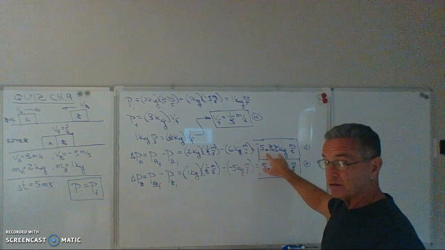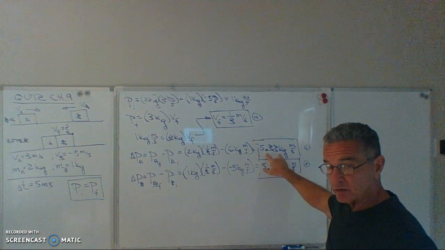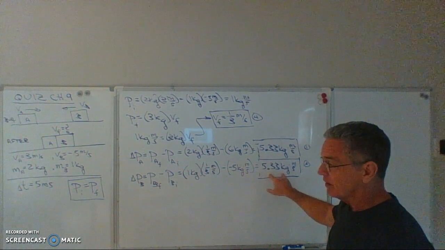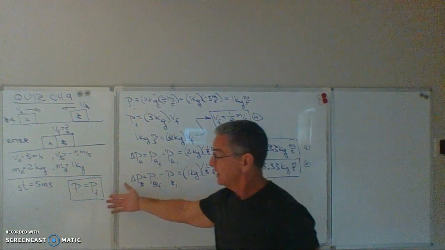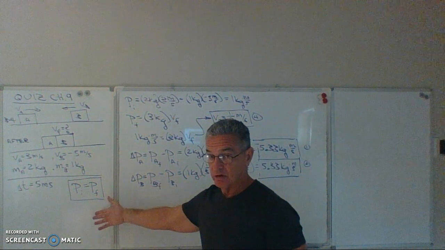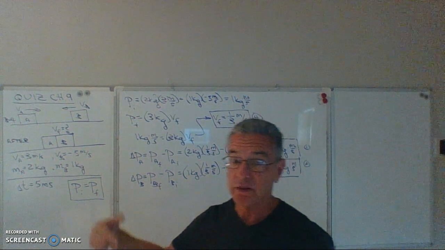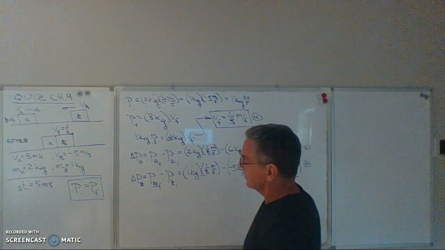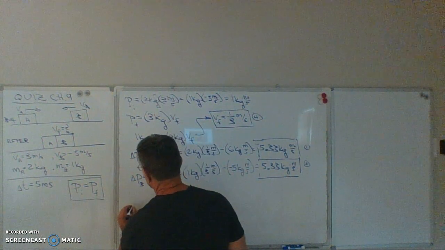Block A has lost 5.33 kilograms meters per second of momentum. Block B must gain that much, because the change has to be 0, the total change in the system. So it drains out of one thing into another, but the total momentum remains the same. Now the kinetic energy change,